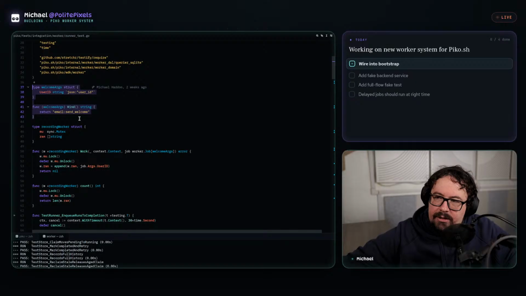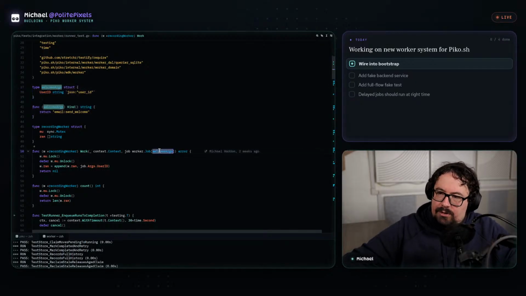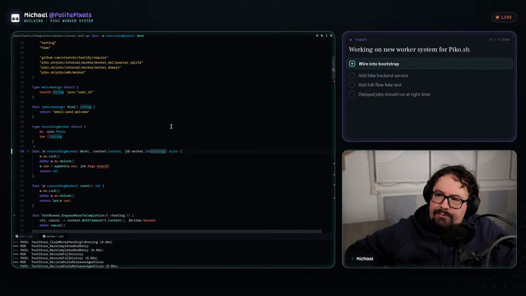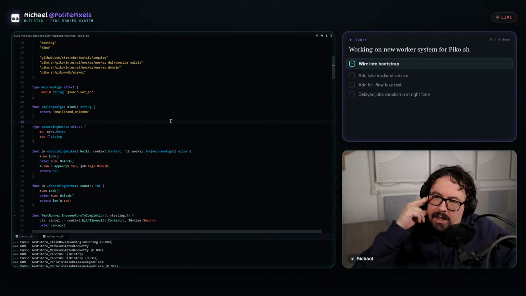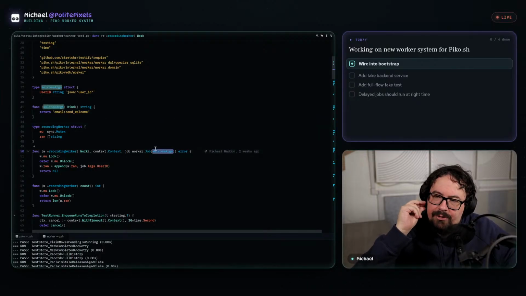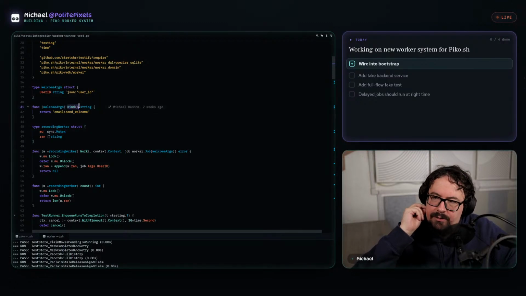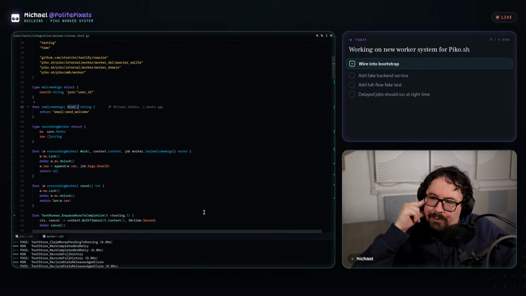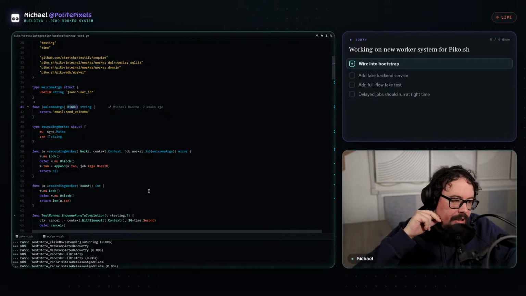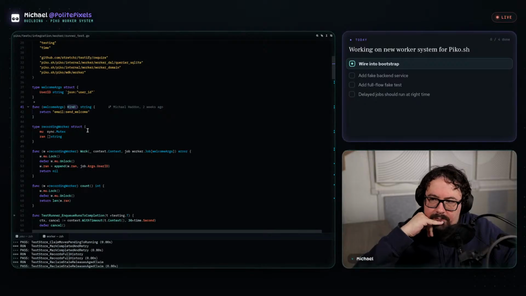In theory, I guess you could not even have typed args, and you could just put string here. I should test it with primitives, actually, to prove that concept. But in theory, you could just have a primitive here. Oh, no, it can't be a primitive because it has to implement the kind interface. At least at the moment. Maybe we should have a generic. I don't know.